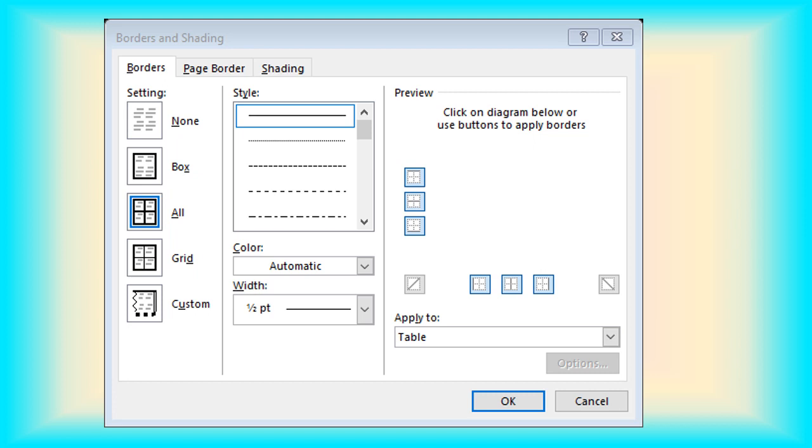When we click on the Border button, you will get different types of styles, dotted, dashed, and other types of dashes. Here you can set the thickness also. Here you can change the color of the border also. So these are the styles, these are the colors of the border, and here you can choose the width of the border. Okay, and then click on OK.